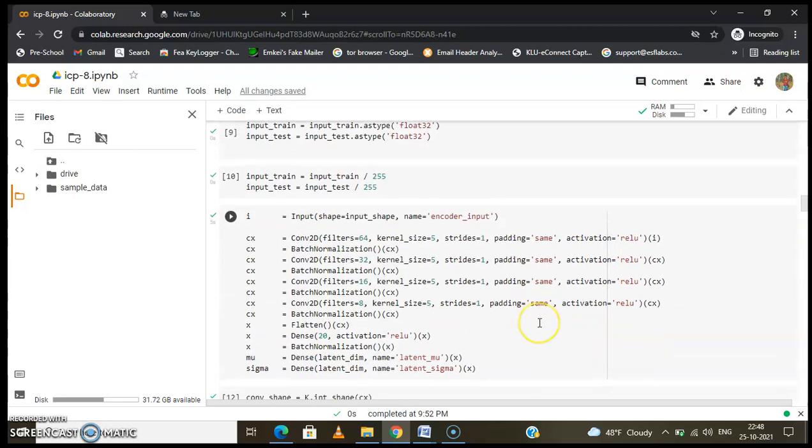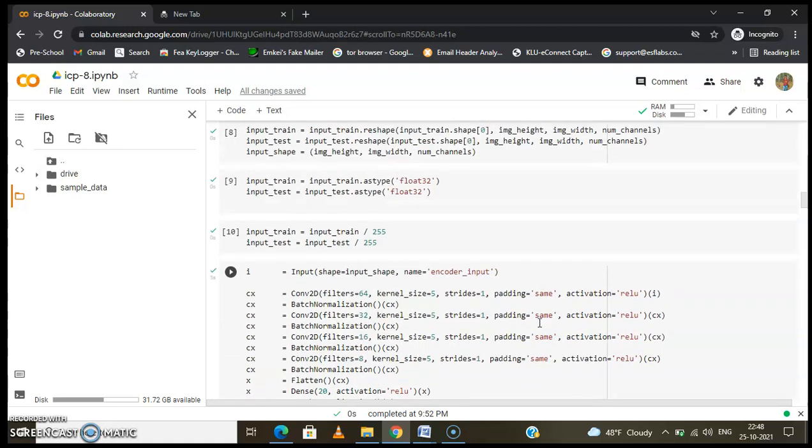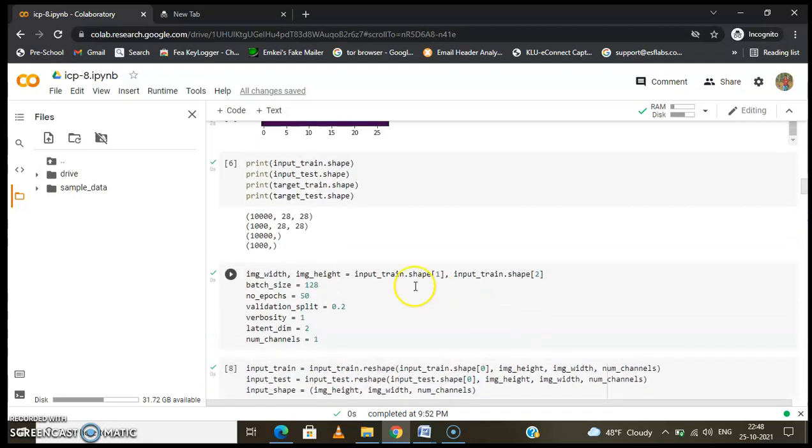I have taken 50 epochs. Then you can see the latent dimensions, and the channel is 1, so we have only one channel.